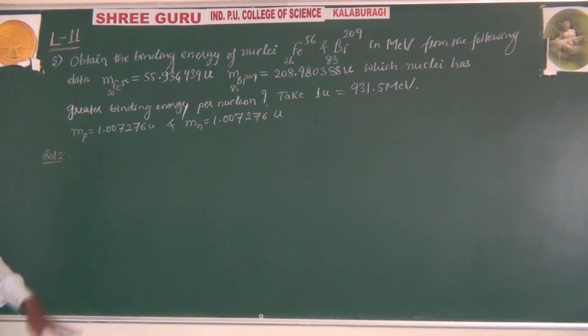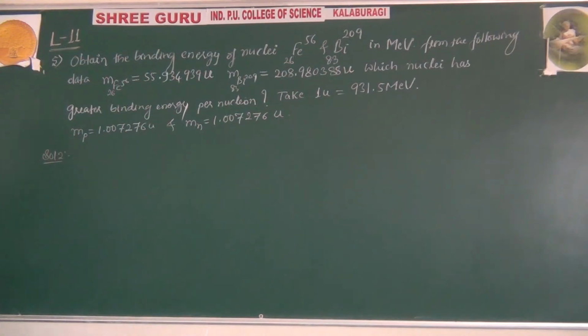It is better to keep in mind that in problems based on nuclei, there are significant figures and big numbers. So during the calculation, wherever it is necessary, you can use the ordinary calculator, because big numbers will be there. See, mass 208.980388. After the decimal point, 6 digits will be there. So wherever it is necessary, you have to use the ordinary calculator,